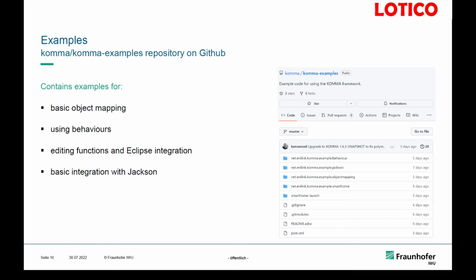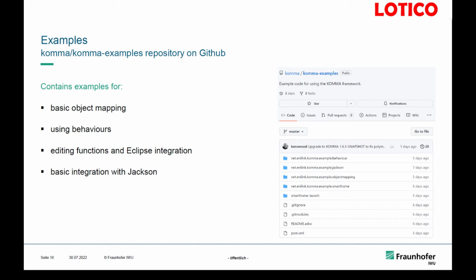Now we come to the examples. KOMMA has some examples that are provided on GitHub in the KOMMA examples repository. This repository contains 4 examples, one for basic object mapping. This is the object mapping example. One for